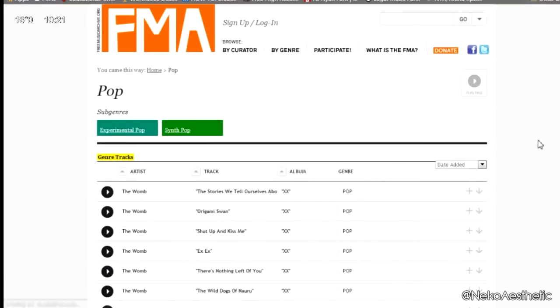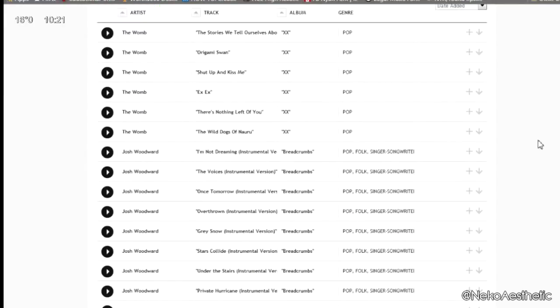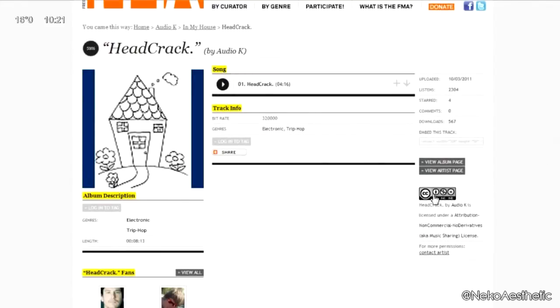This website is another one that you need to be really careful with in terms of the individual CC licensing that's attached to each track. The artists themselves are the ones who are uploading the music to this website, and they're the ones who have control over how their music is shared. If you want to use a track for your video, you need to make sure that the artist has not only allowed you to use them,